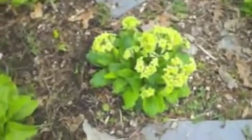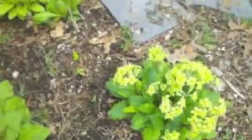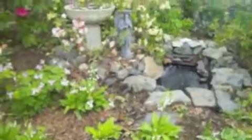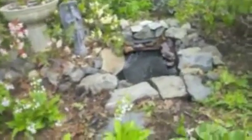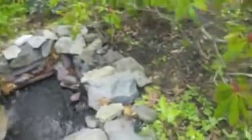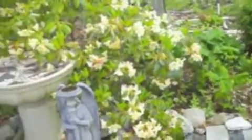She put in flagstone in amongst the mulch paths, which is very easy to maintain. It's got a little pond here, a little brook with rhododendron. Planting rhododendron, azaleas, and other shade plants under deciduous trees like we have here